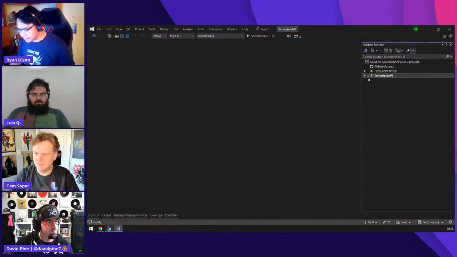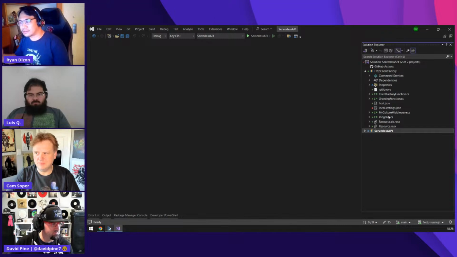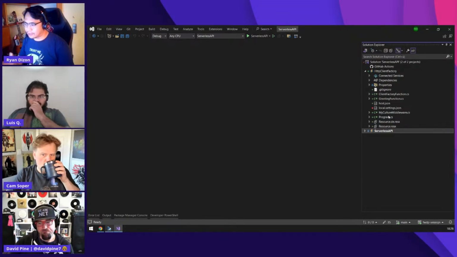Okay. So actually the latest features that I will be showing now are all about how you will work like you are working with an ASP.NET Core API. Because before, if you already worked with Azure Functions, it's a totally different project structure.